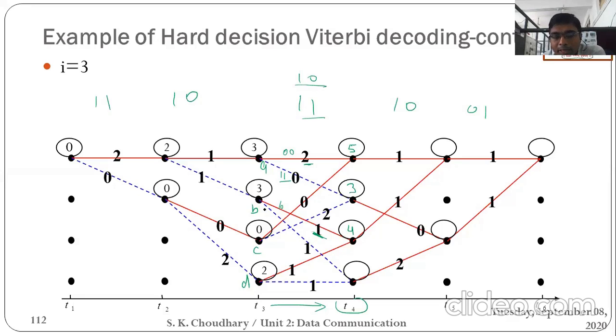Now when you are at the B and you are receiving the input 1, at that moment your output is what? 0 1. So at the 0 1 you have to compare the 0 1 with the 1 1. So again your Hamming distance is 1. So that's why it is mentioned here, and it is 3 plus 1, 4.